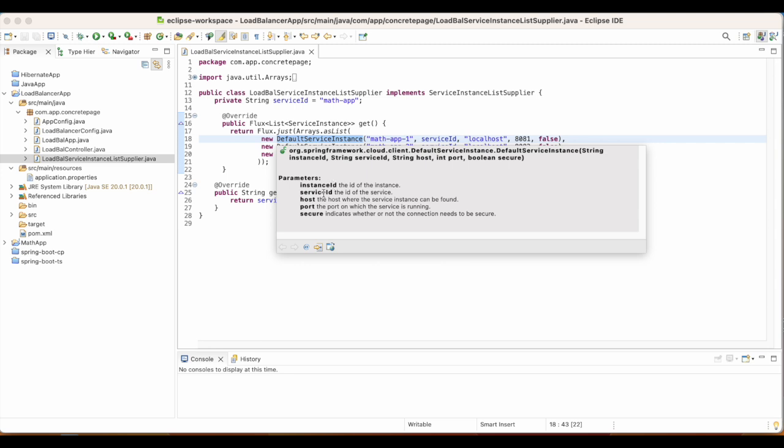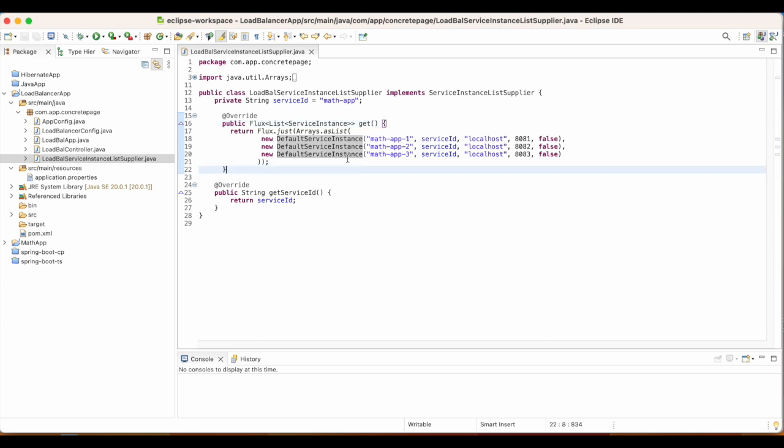Look, math app 1 is the instance ID and math app is the service ID. Host is localhost, port is 8081, and secure is false right now.